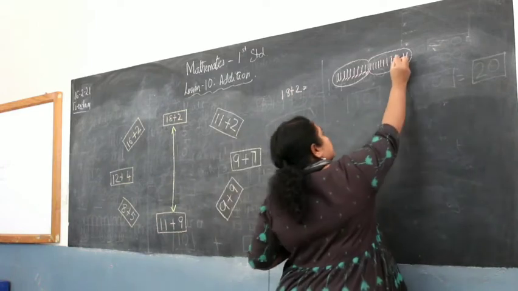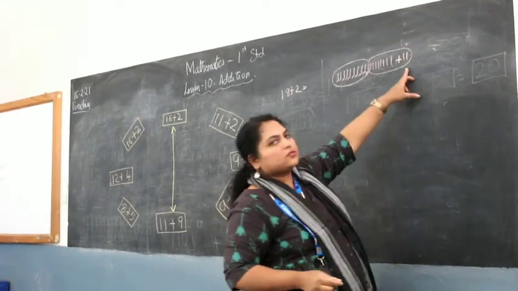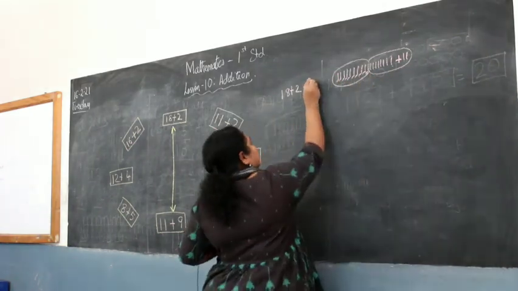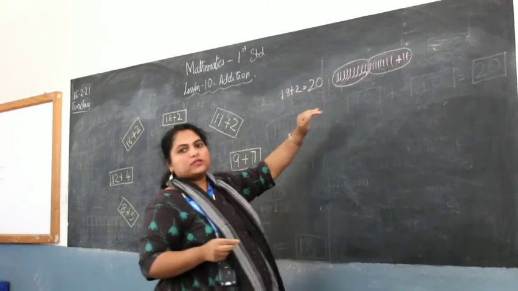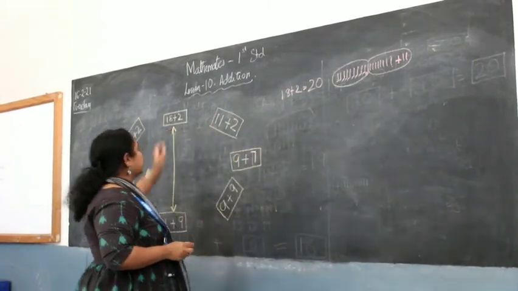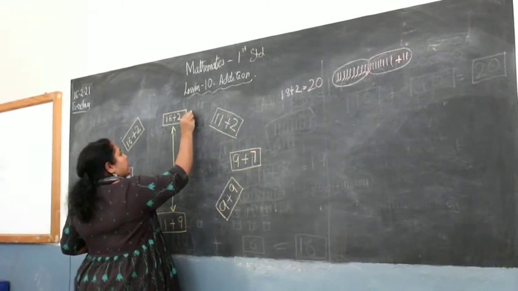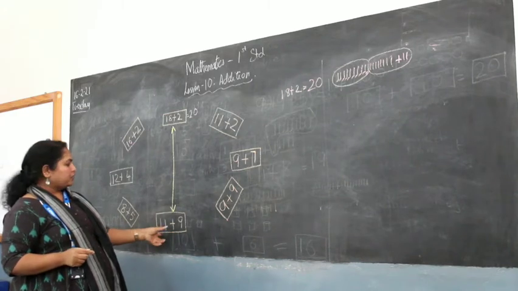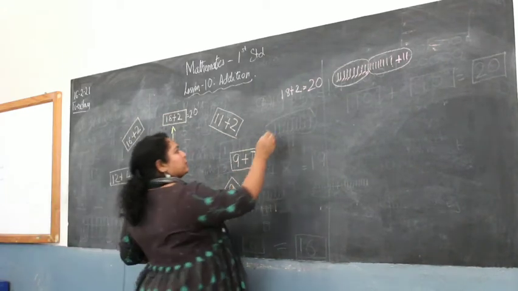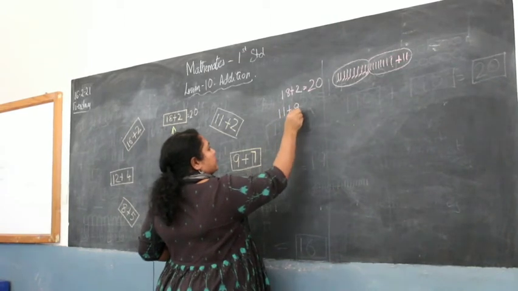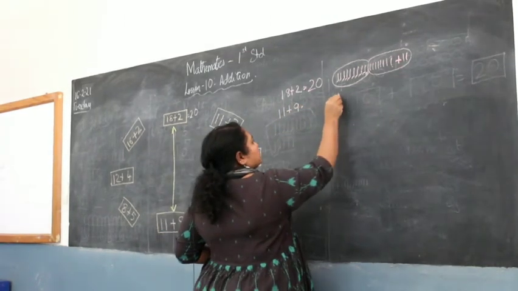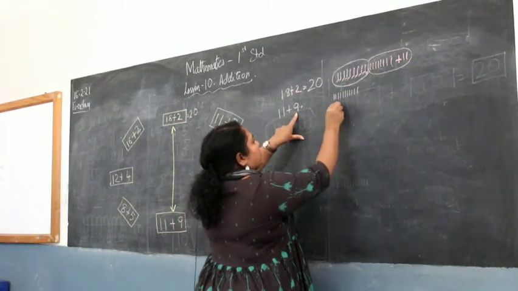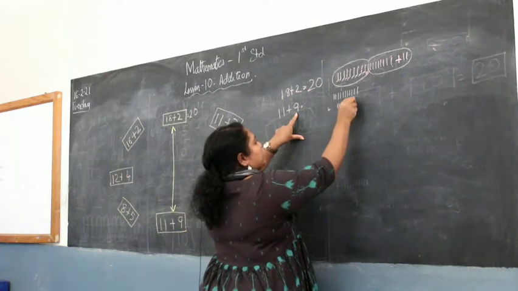18 plus 2 sticks, adds up to 2 tens, that's your 20, correct? 2 tens, 20. So 18 plus 2 is 20. Let's write it here. Now they have already given the example 11 plus 9, which we will again try doing. 11 plus 9 equals, 1, 2, 3, 4, 5, 6, 7, 8, 9, 10, 11 plus 9: 1, 2, 3, 4, 5, 6, 7, 8, 9.